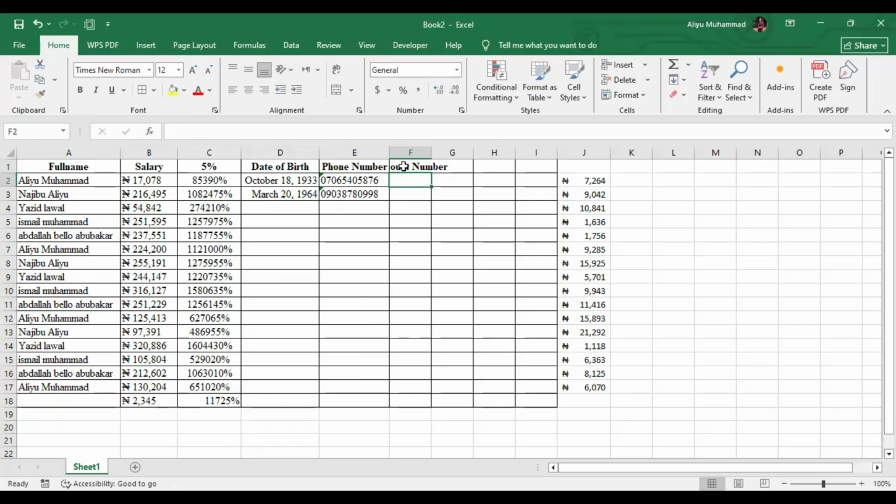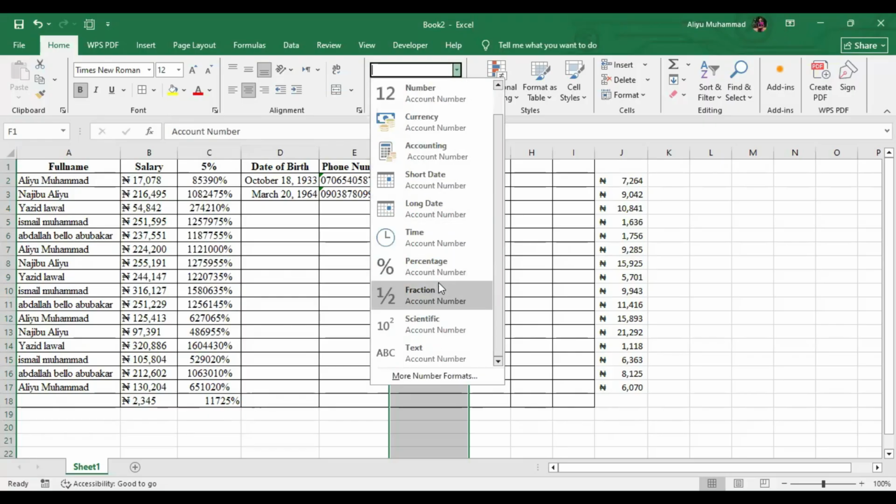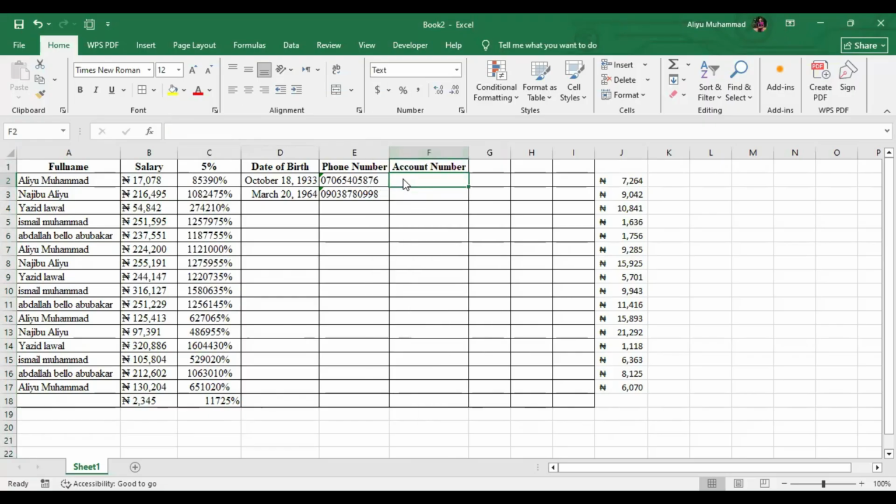Maybe let's say, for example, you have an account number. You see, some account numbers start with zero. So if you want that zero to stay, you have to format the cell or the column. You just come here and put text. You see, you just start with zero. So each and every number that is going to start with zero, you have to format that particular cell